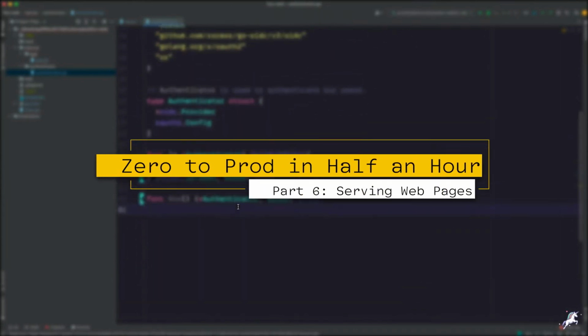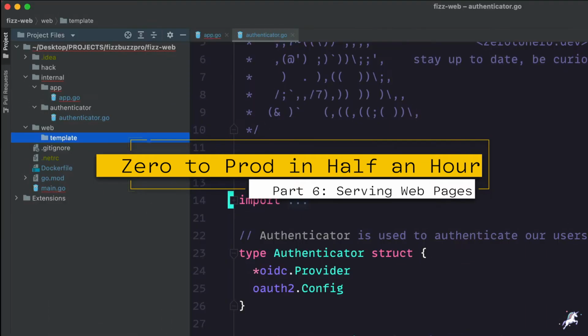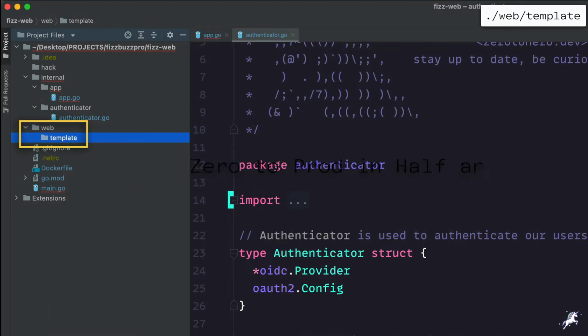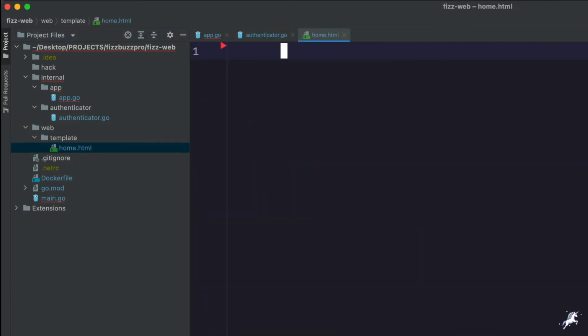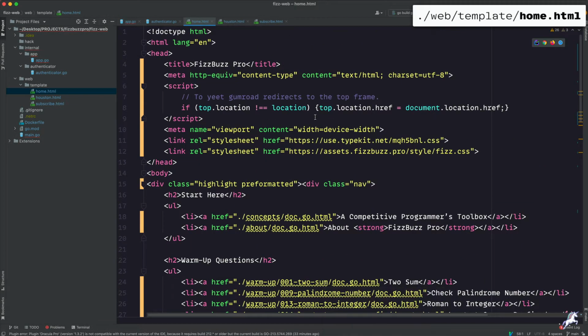So it's a good time to add a bunch of static web page templates to our application. I'll create a template folder under this web folder to add a bunch of templates into it. And not to waste your time by typing lots of HTML code, I'll just copy and paste 3 HTML files into this folder. The home HTML will be our entry page where we are going to list a bunch of